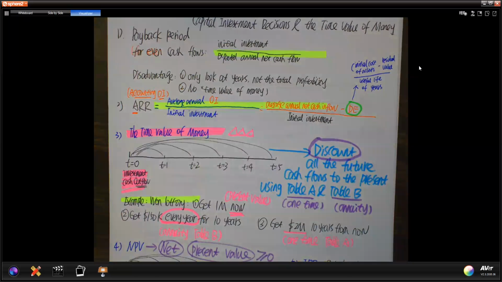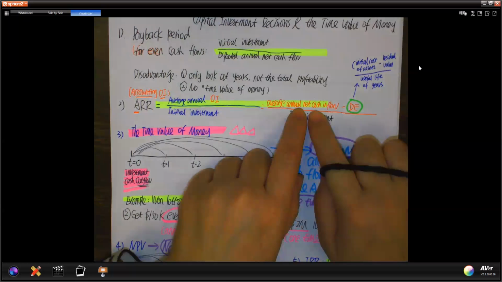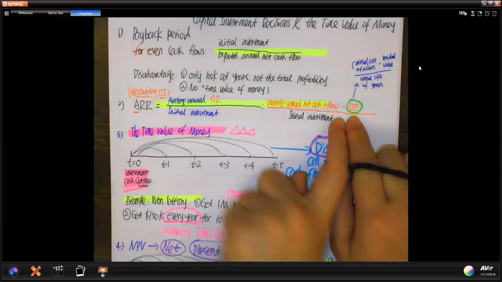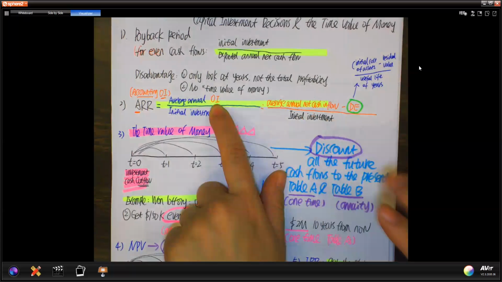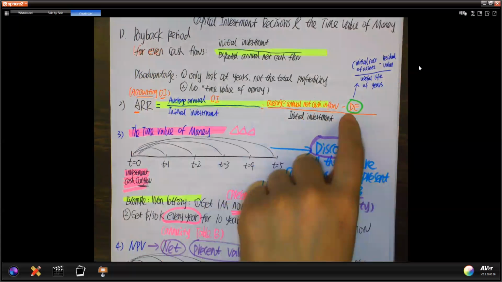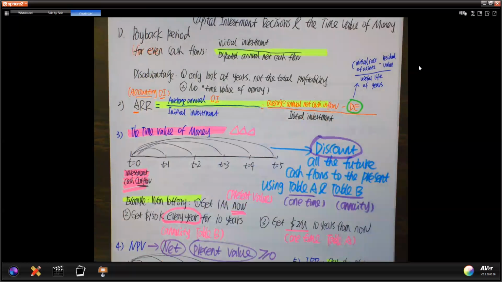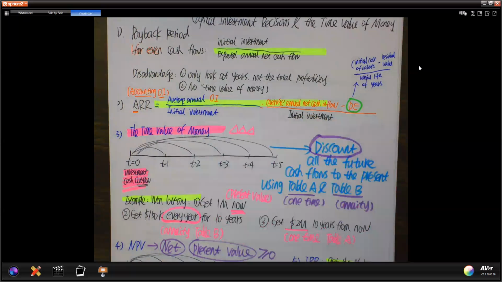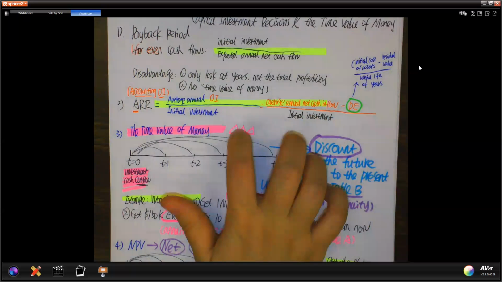So how do you get operating income? You have to convert from cash to operating income by subtracting the depreciation expense. So it's kind of like your cash revenue minus your expense gives you operating income. How do we get our depreciation expense? It's your cost minus residual divided by useful years. Okay, so we will practice this one later. Make sure you know how you get ARR.